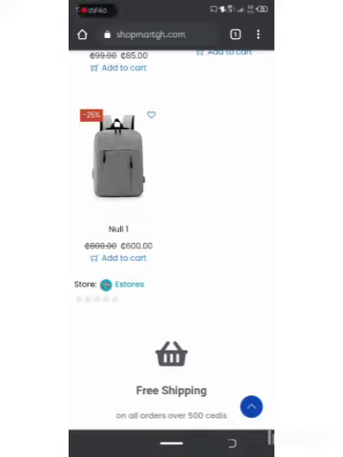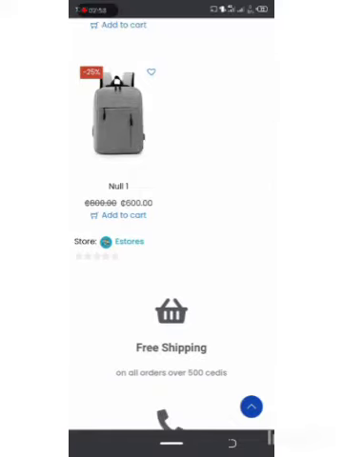That means the sale price is 600 cedis. The price was 800, but now it is 600 cedis. So you see the add to cart button under the price, and then you see store,